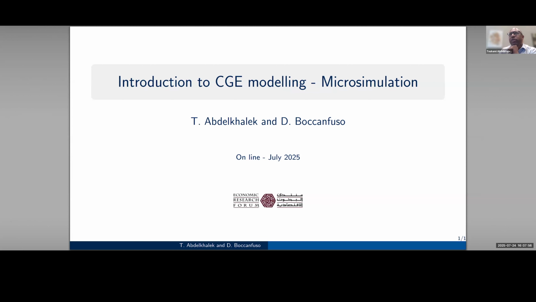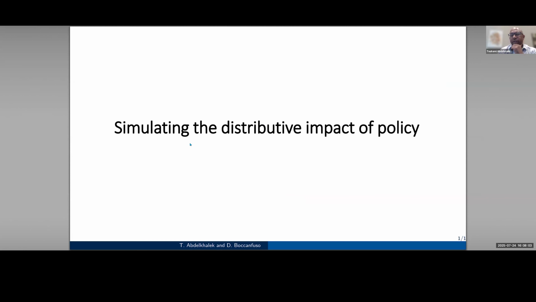We're preparing the introduction to CGE model from the microsimulation approach. I hope we will be successful to present this concept. So why are we looking for that? Because in some simulations or shocks, we want to look at the impact at a distributive level. Distributive level can generally be households, but it can be other statistical units like